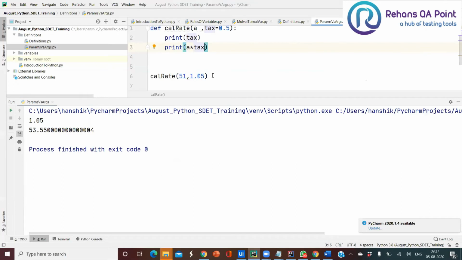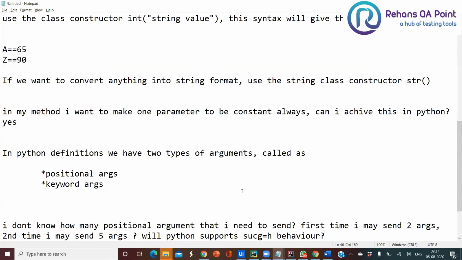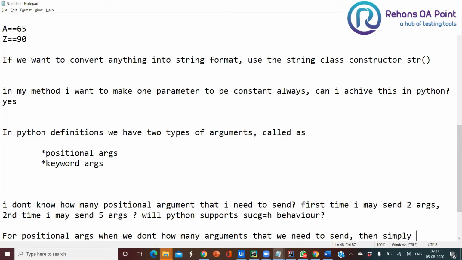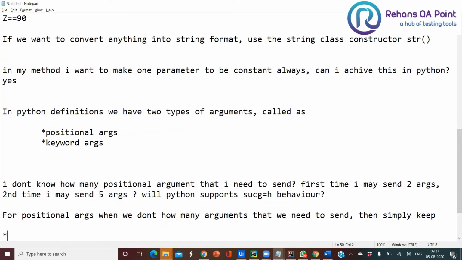For positional arguments, when we don't know how many arguments we need to send, that we need to say, I don't know how many arguments I need to send, then simply keep star args in the place of positional arguments.